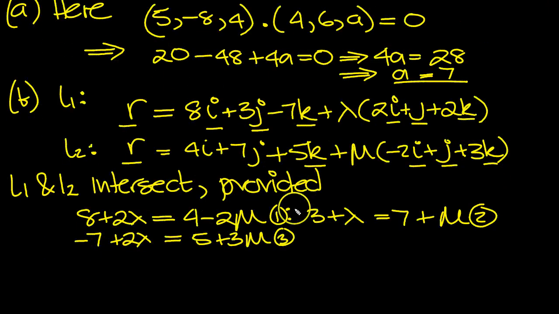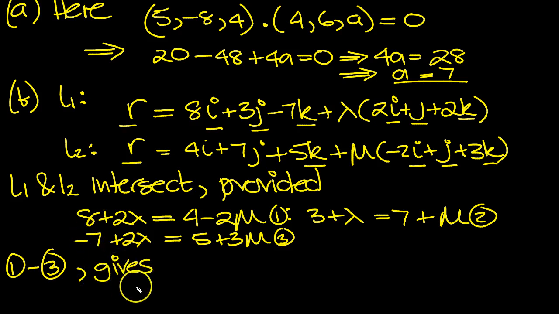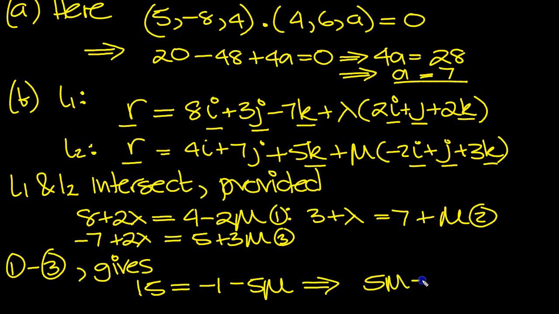Let's solve these then. Let's solve 1 and 3 here because these will cancel each other out. So if we do 1 minus 3, it will get rid of the lambdas. So that gives, and we can find mu. So 8 minus minus 7 is 15. 2 lambda minus 2 lambda cancels, that's why we're doing it. 4 minus 5 is minus 1. Minus 2 minus 3 mu is minus 5 mu. So that tells us then that 16 is 5 mu. Let's move that over to the left. Is equal to minus 1 minus 15 is minus 16. So mu is equal to